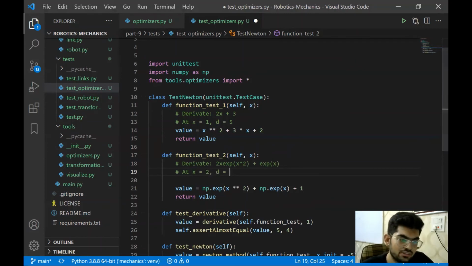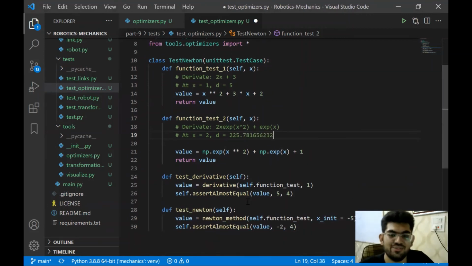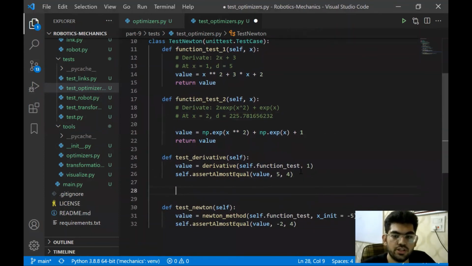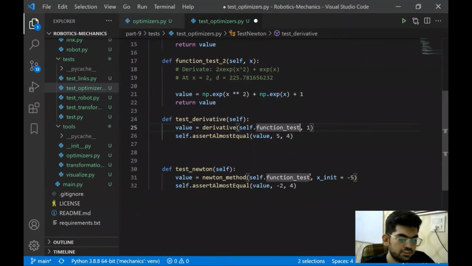Using a calculator, I'm going to calculate the value first. Okay, so it's a really big value, that is going to be 225.781656232. We're going to write it completely. And now we are going to run this as well. First, we're going to test 1, and then